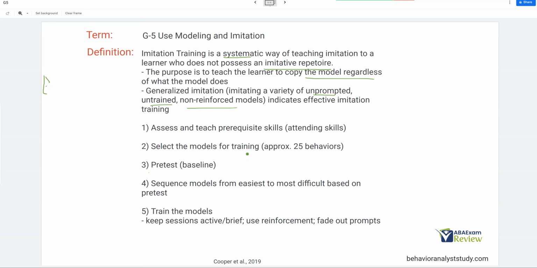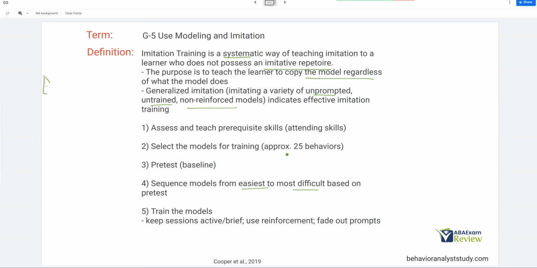Then select the models for training. You want to choose a lot of behaviors. So typically gross and fine motor skills are great to use. If the learner is verbal, that's great to use as well. You want a lot of different types of behaviors, but behaviors that can be modeled and imitated fairly quickly. Because what you're going to do is you're going to do a pretest. You're going to figure out what can the learner imitate, what can't they imitate. You're going to make a list, and then you're going to sequence those models from easiest to most difficult based